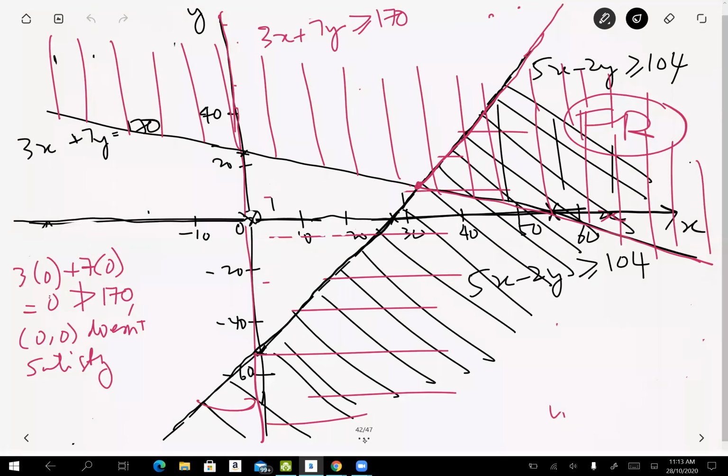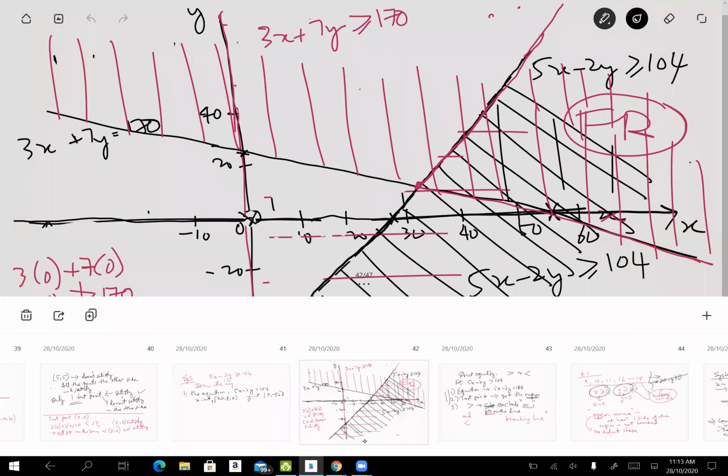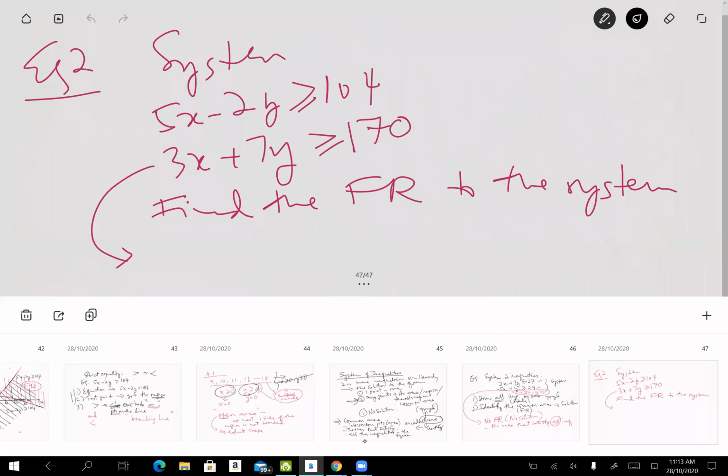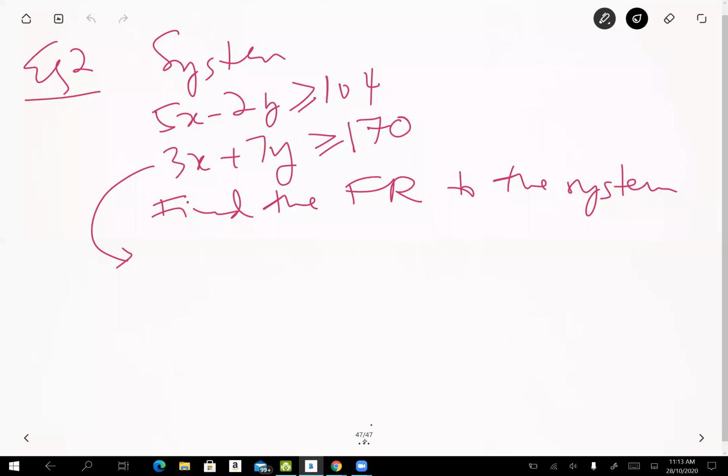So to demonstrate the closed area, what I will do, we have another constraint. So let's say I include